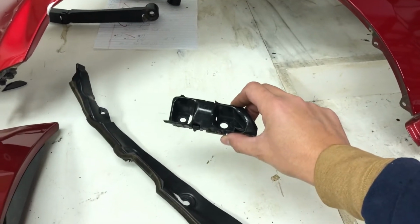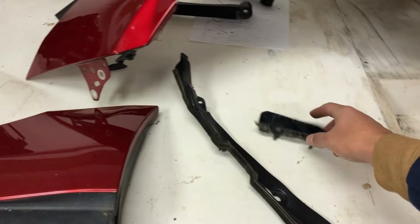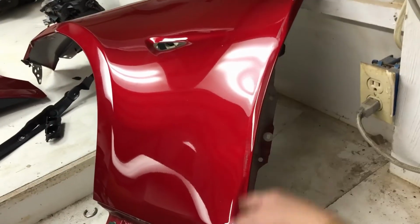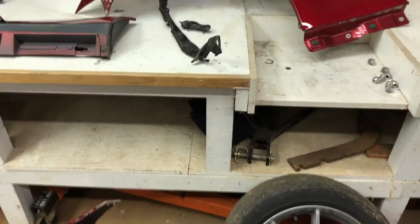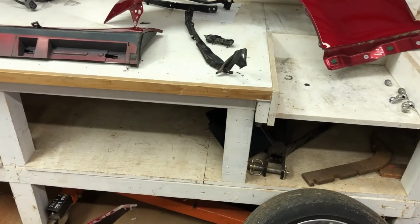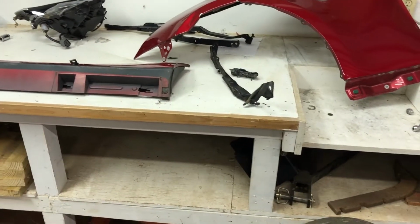So yeah, really the only thing I've found that I didn't have on my spreadsheet, just a bumper bracket to fender that goes there, and this little plastic trim piece that goes on the back side of the fender. It's just a little filler. So I would assume those are pretty cheap, since even a new fender is only 163, 167, something like that. So yeah,